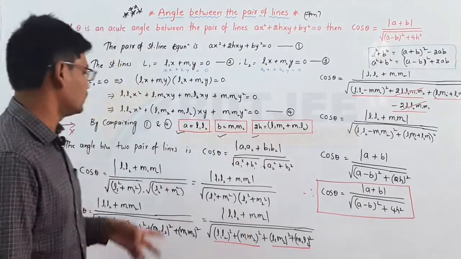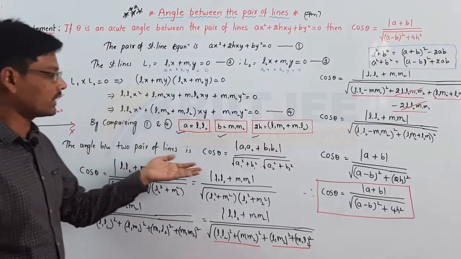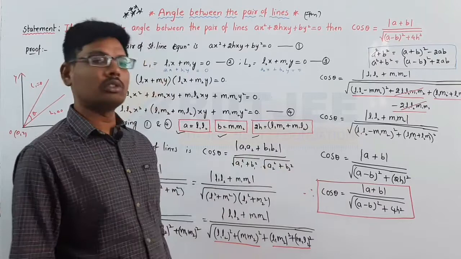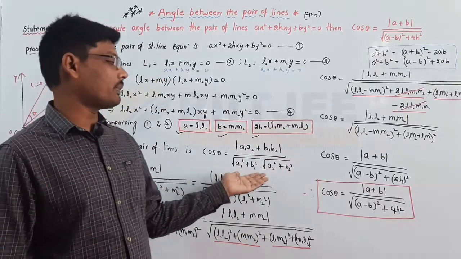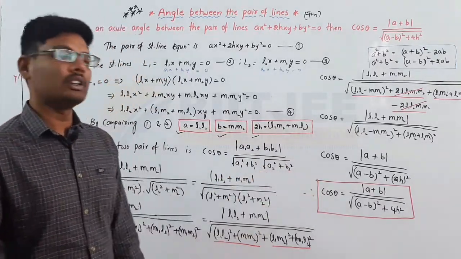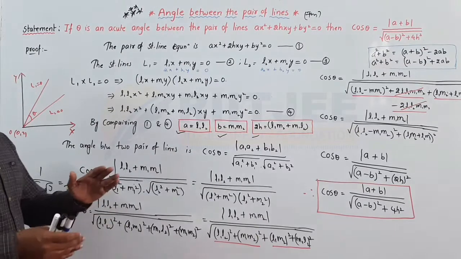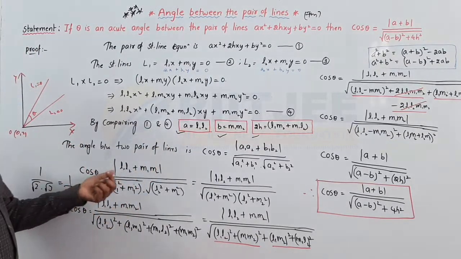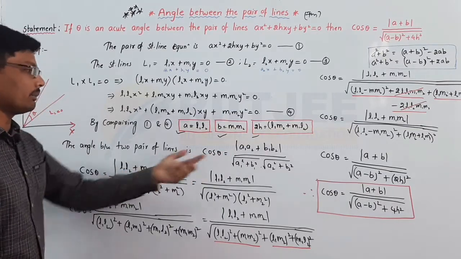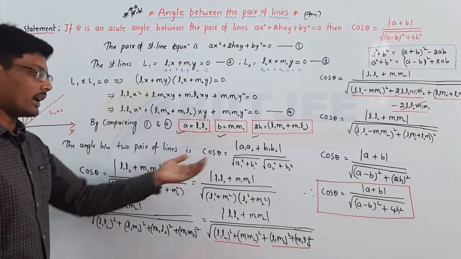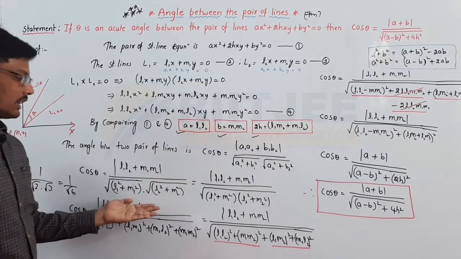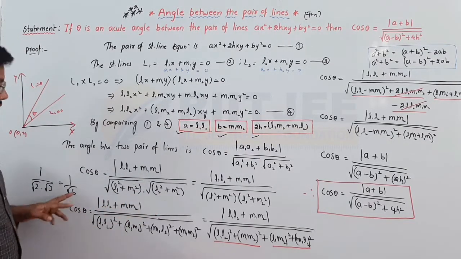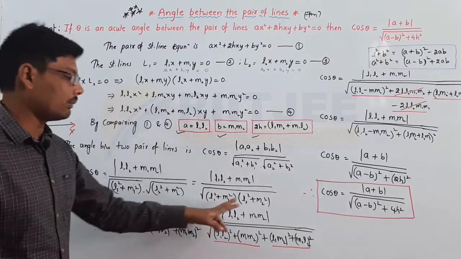After getting this value, generally the angle between the two straight lines is cos theta is equal to modulus of a1 a2 plus b1 b2 divided by root of a1 square plus b1 square into root of a2 square plus b2 square. This is a general form of angle between two straight lines only. The a1 value is nothing but L1, a2 is L2. According to the values I am substituting in this expression. It is in the form of 1 by root 2 into root 3, you can write directly root 6. According to that I am multiplying the terms here.